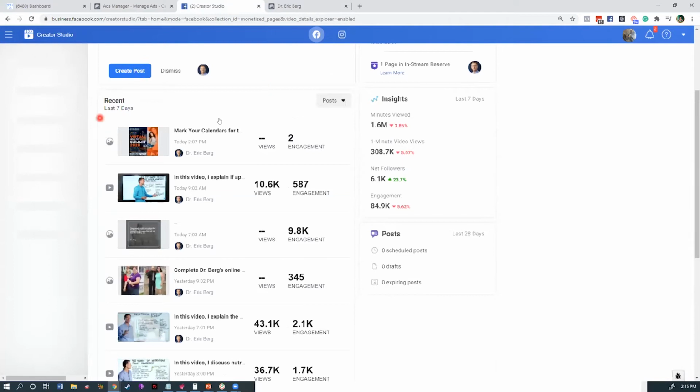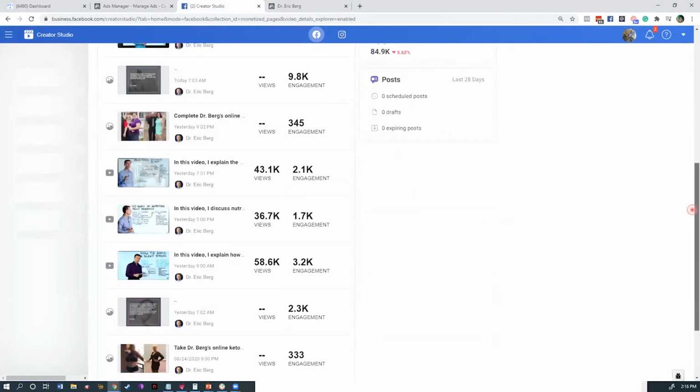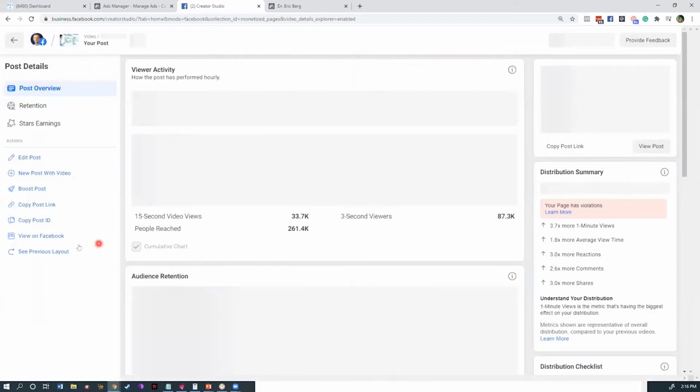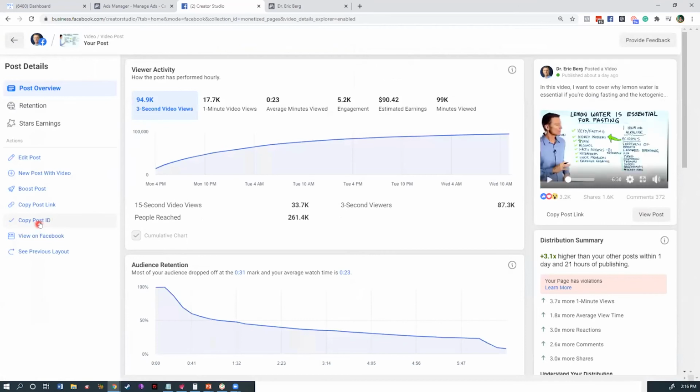And then under your posts, you can see how your content is being accepted by your general audience. You can then determine, let's say, this content has been getting a lot of organic traction, and you want to get more audiences to see this content. So you can click on it and copy the post ID,